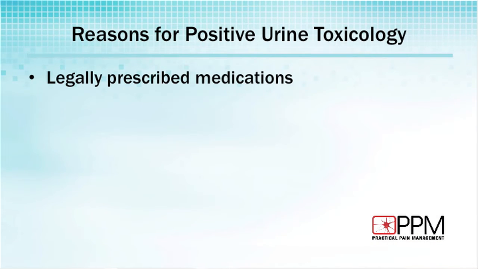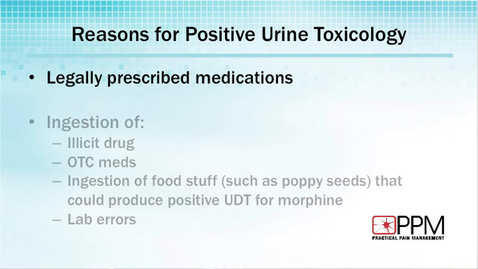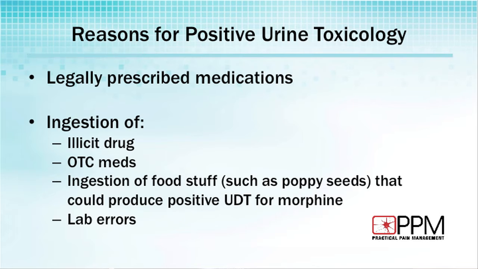So let's go on again to the reasons for a positive urine toxicology. Obviously, there could be a legally prescribed medication. There could be ingestion of an illicit substance. Even an over-the-counter medication could cause a positive urine toxicology, such as desoxyephedrine in Vicks nasal inhaler, which will cause a positive for methamphetamine. Ingestion of foodstuffs such as poppy seed could produce a positive urine drug test for morphine,